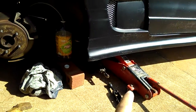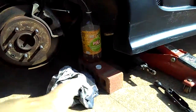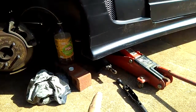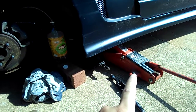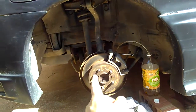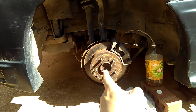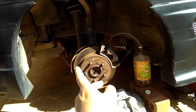I use the 3-ton jack, but first I want to use the smaller jack, the one that comes with the car, because the car is lower. If your car is lower, you need to use that small jack first, and then use that to jack it up after that. But before you do all that, you want to loosen your tire bolts, and then after you jack it up,